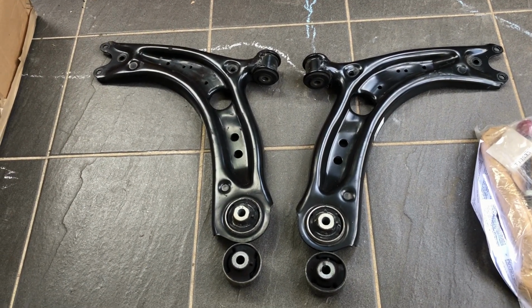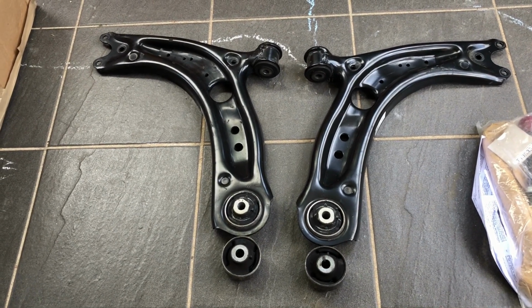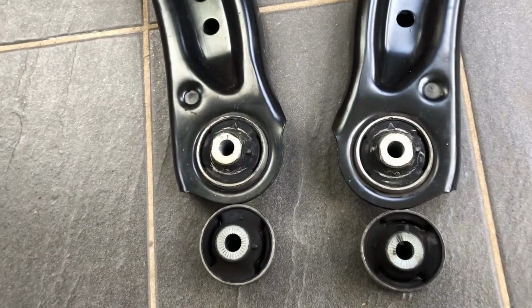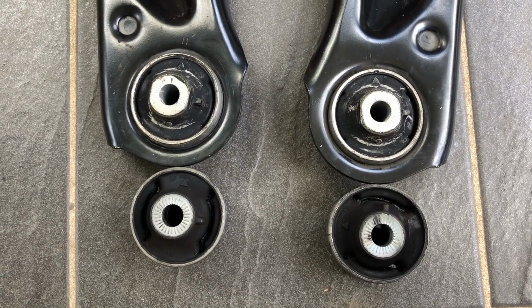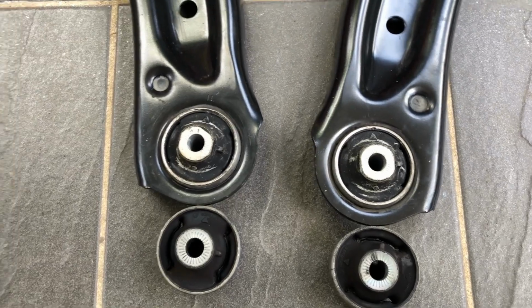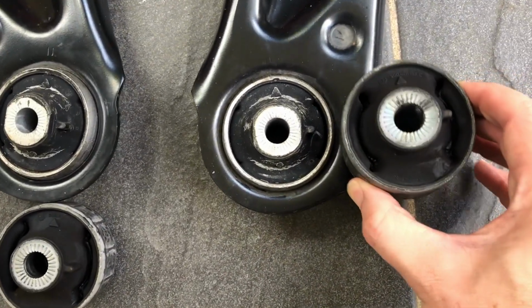We have Clubsport S lower control arms, or rather we have Golf lower control arms fitted with Clubsport S lower control arm bushes, because that is literally the only difference. It is just the bushes. You can see here, this is your standard bush,